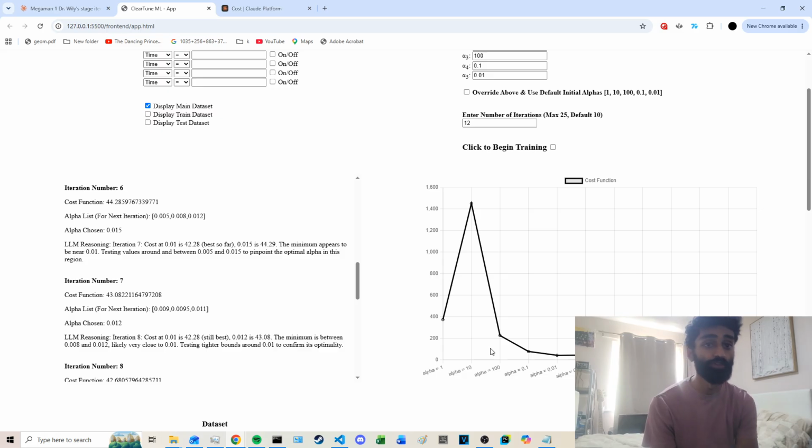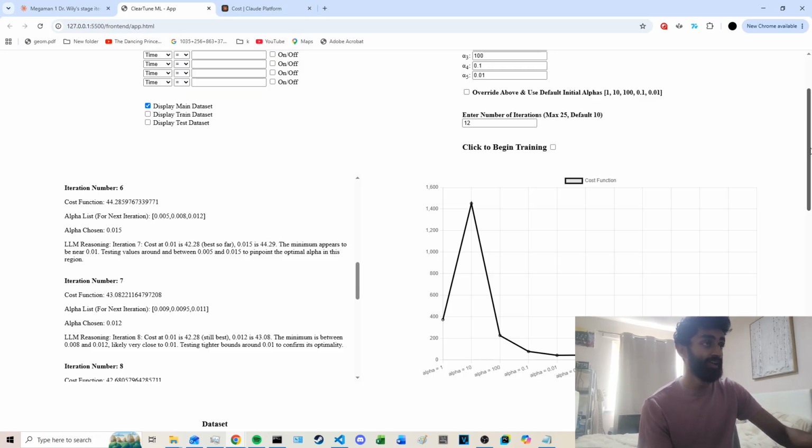There's a lot more I plan on adding to this LLM reasoning. At the moment, it's very basic. It's just a system prompt, so it's just going to use the bisection method. But once I add all the things I plan on adding, hopefully it'll be much more robust than it is at the moment. But even as it is now, you can see it automatically finds a decent